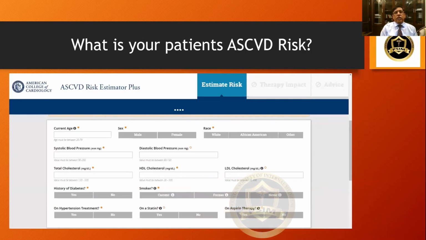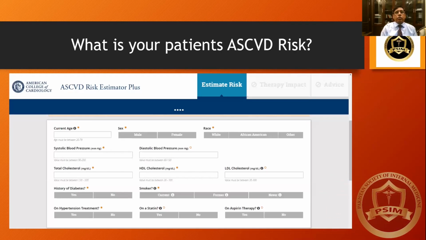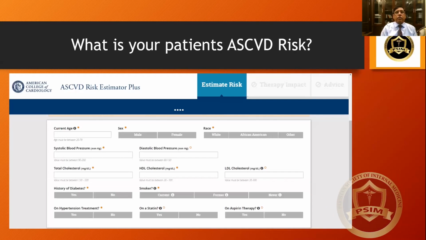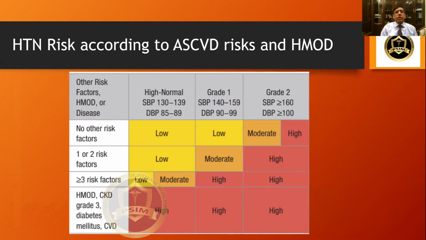The first thing after the age and grade of hypertension is that you have to check the overall atherosclerotic cardiovascular disease risk of your patient. There are many calculators and various apps available. You can use any of these apps for estimating the risk of cardiovascular disease in the coming 5 to 10 years. And these are the type of observations you need to put in to calculate the risk. Once you have calculated that risk,